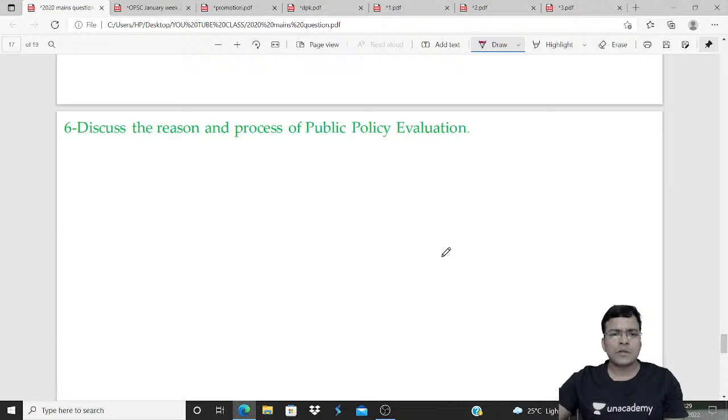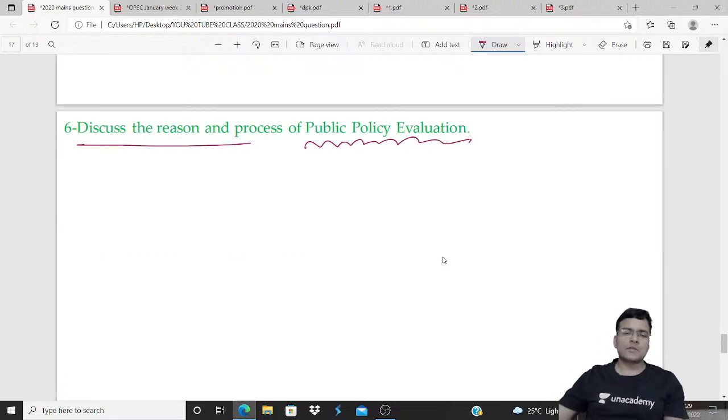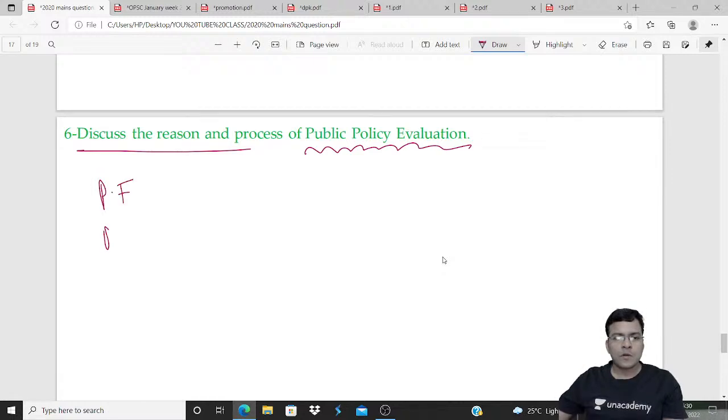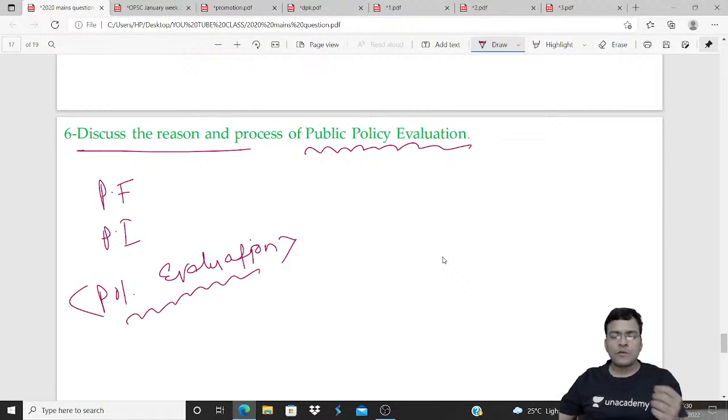This is a long question. Discuss the reason and process of policy evaluation. Yes. So here the diagram I have told you, draw the diagram, and role of policy evaluation, policy formulation, policy implementation, and policy evaluation. Yes, policy evaluation. What is policy evaluation? Need of policy evaluation. Actors in policy evaluation,